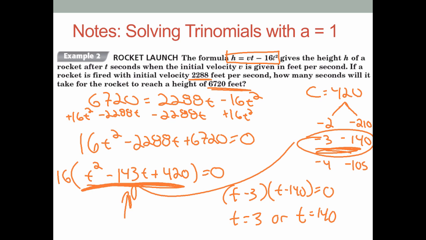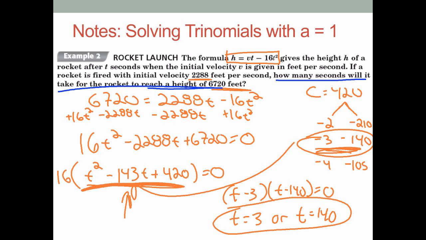So you might ask yourself, well, t stands for seconds. So how can it be at 3 seconds and 140 seconds? So you have to take the question into consideration. We are looking for how long it will take to reach a height of 6,720 feet. Meaning that we're not asking when it hits the ground, we're asking when it's going to reach that height of 6,720. So if I make a quick graph of this,